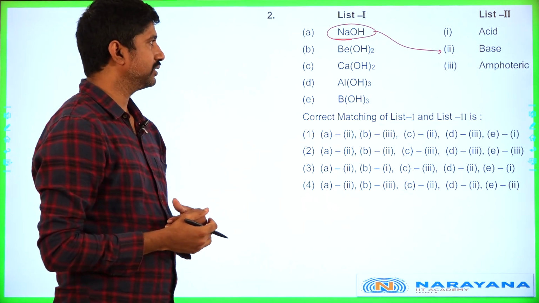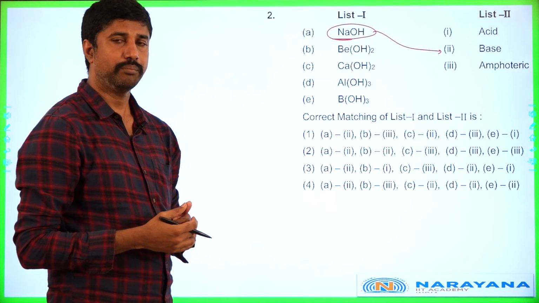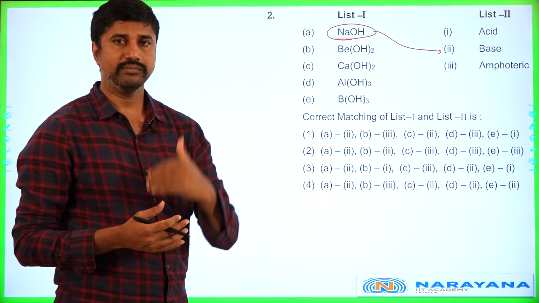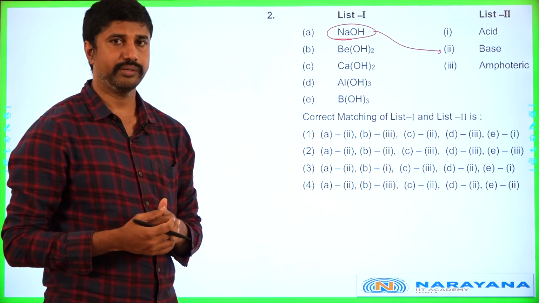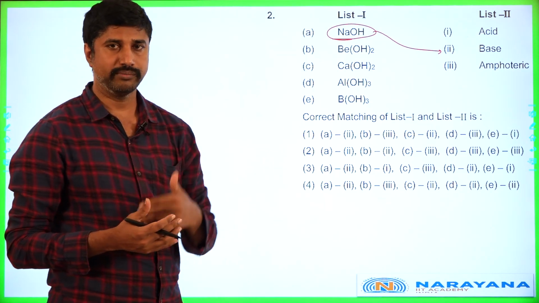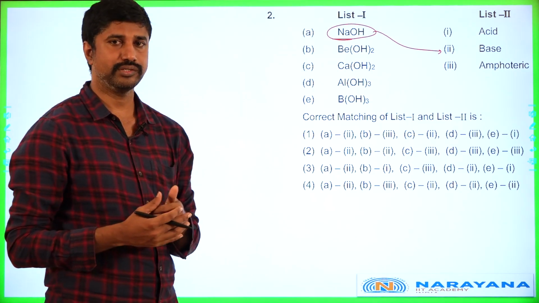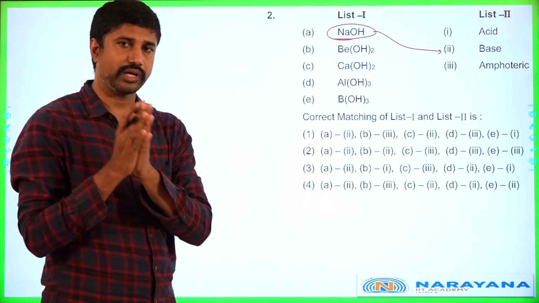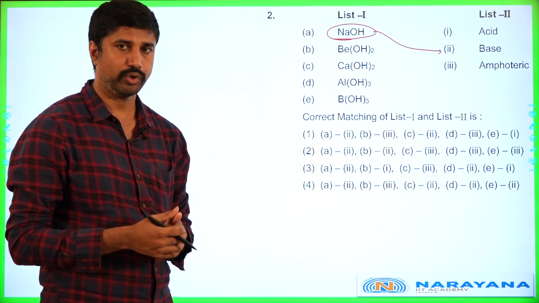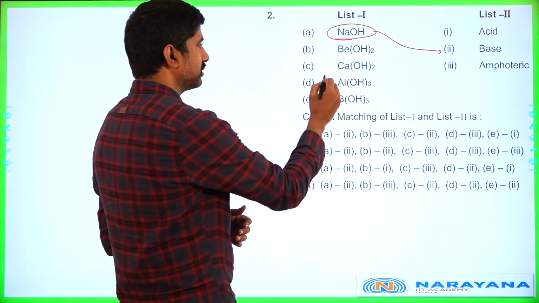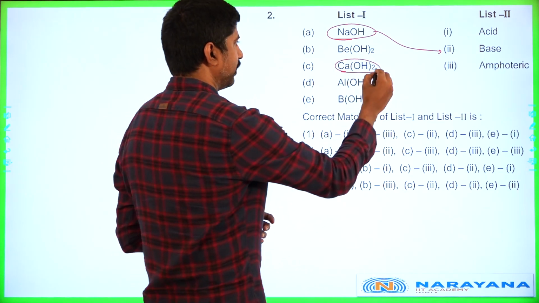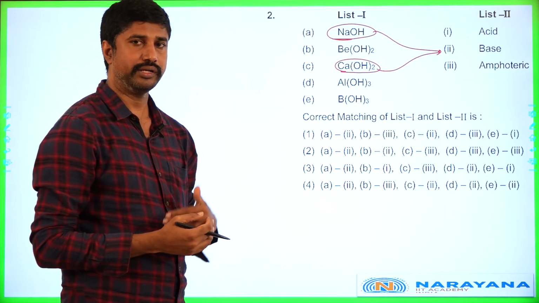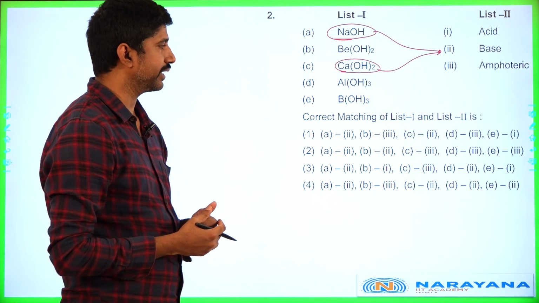The second one is beryllium hydroxide. You know, beryllium and aluminum are in a diagonal relationship in the periodic table. Beryllium hydroxide and aluminum hydroxide are showing the diagonal relationship. Their elements and the particular compounds might also show similarities in some properties. And coming to the next one, calcium hydroxide is undoubtedly basic because it is S block, particularly an alkaline earth metal. Calcium is an alkaline earth metal, and so is its hydroxide.